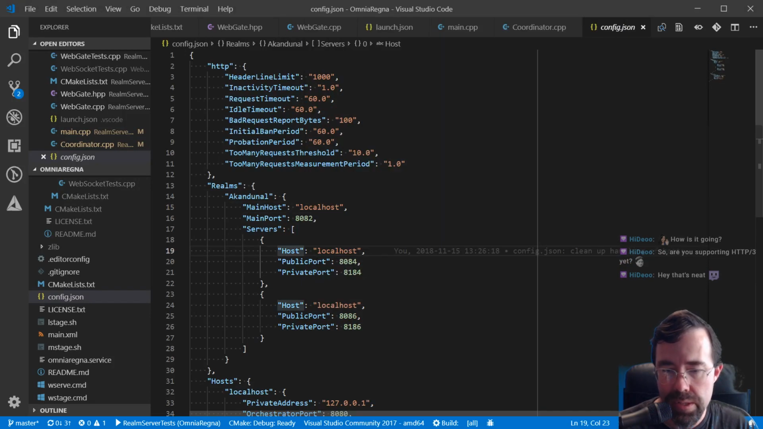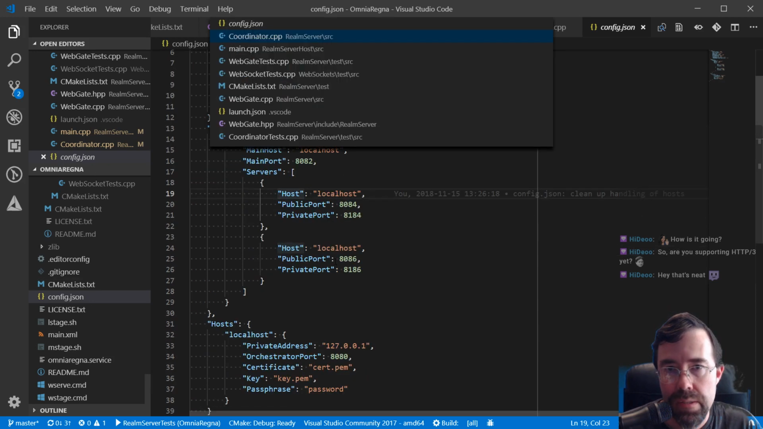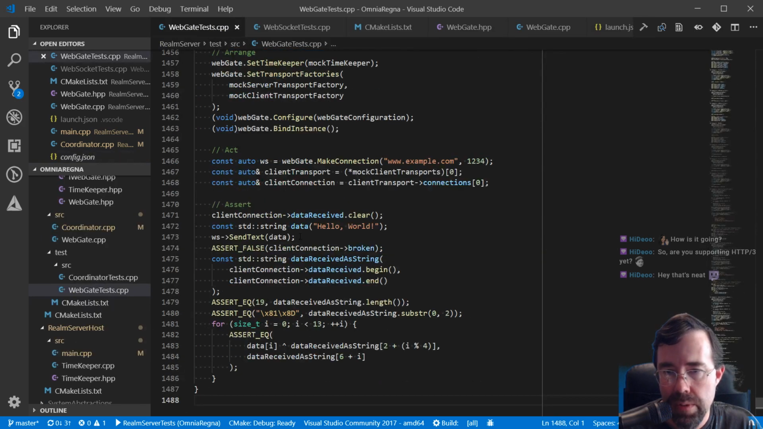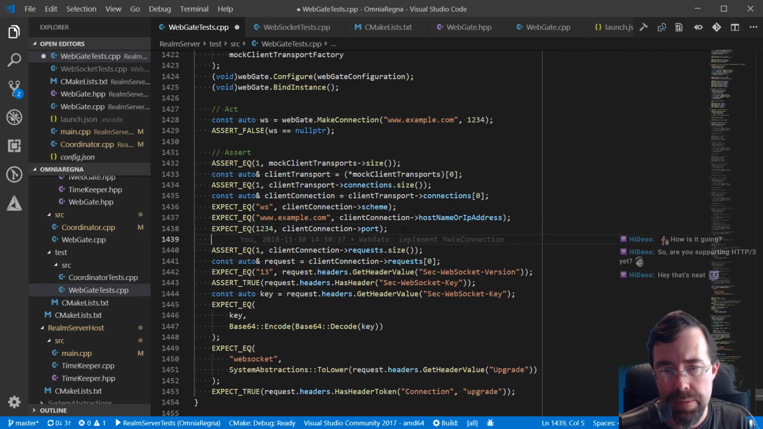So yeah, the servers right now are talking to each other, but not understanding what each other is saying. Now the test, where would that be? In the WebGate, right? So the WebGate, right now we're checking some things, we're not checking all the things. We're checking scheme and port, but we're not checking path. So expect equal